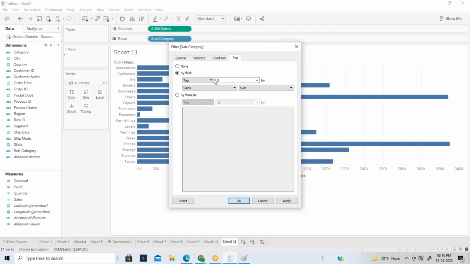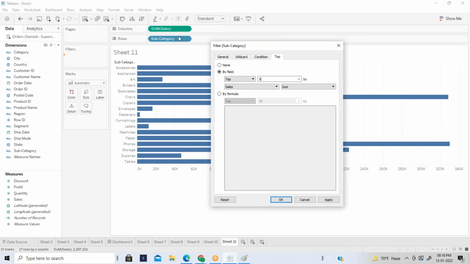Just remove this 10, top 5, and make sure that the measure you selected in the sheet is the same value. You just have to check that. Normally top 5 means top 5 products based on the profit or based on the sales or based on the quantity.